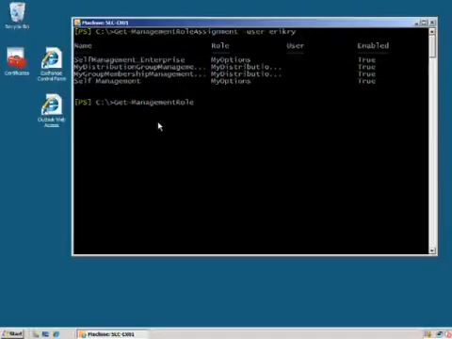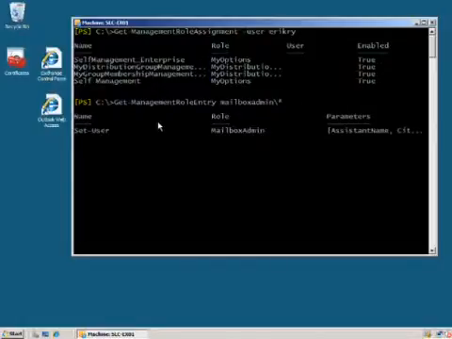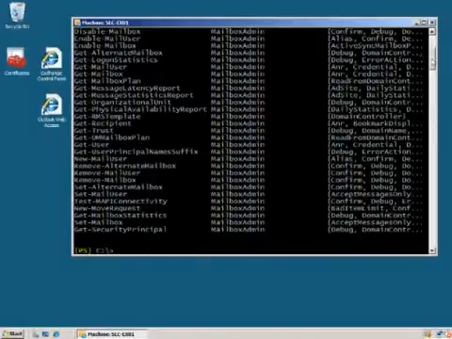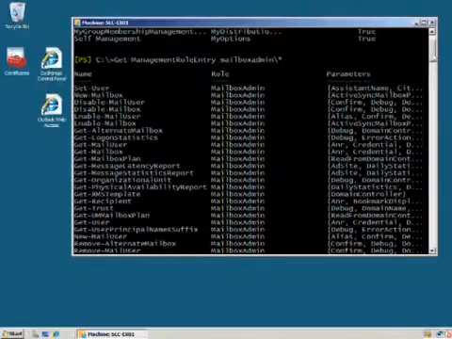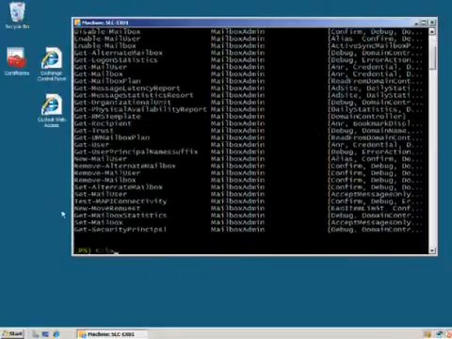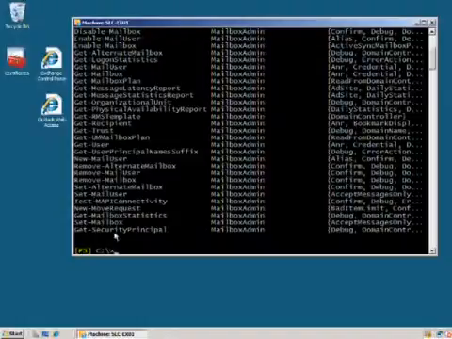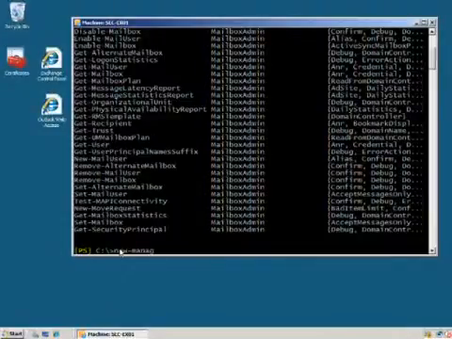And if we have a look at the management role entries within my mailbox admin role, that will display all the cmdlets, and you can see that he has access to manage mailboxes. He can get a number of things, so he can view them, he can remove them, and he can set mail users, but he has no access to groups and contacts. So that is the role that I'd like to assign to Eric so that he can manage some user functions